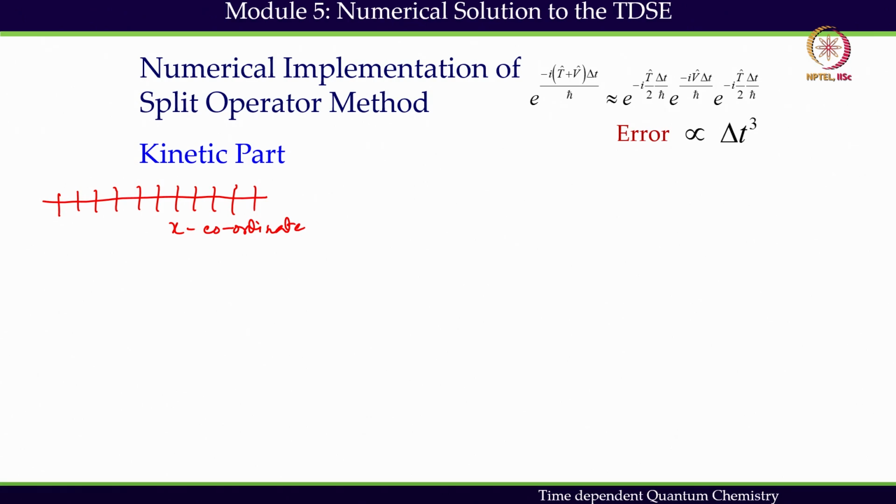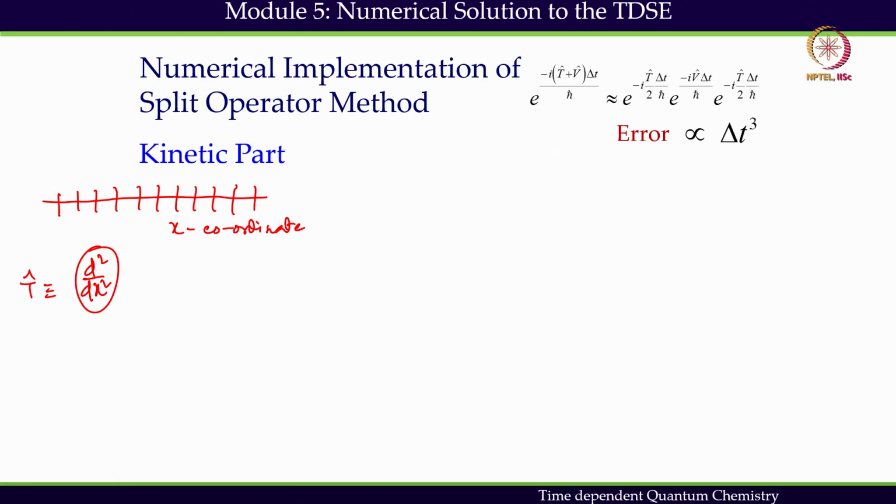We have seen that on the position grid, kinetic energy we have represented before. Kinetic energy is a derivative operator, and for the evaluation of the derivative operator, we have used